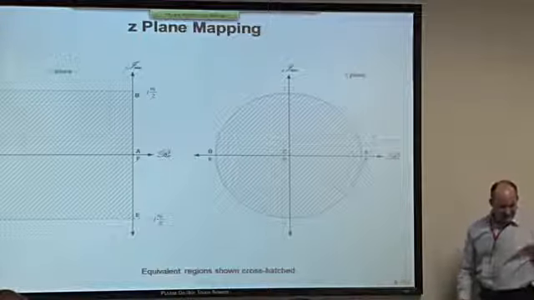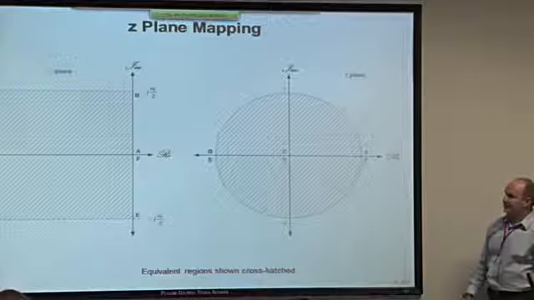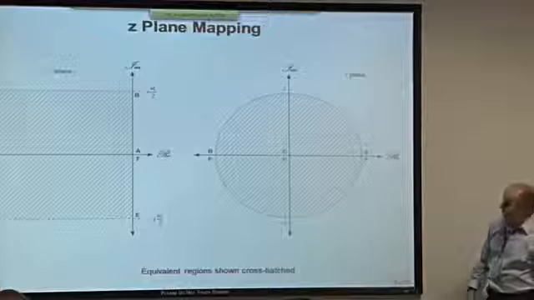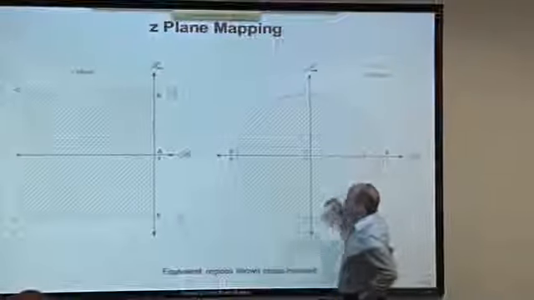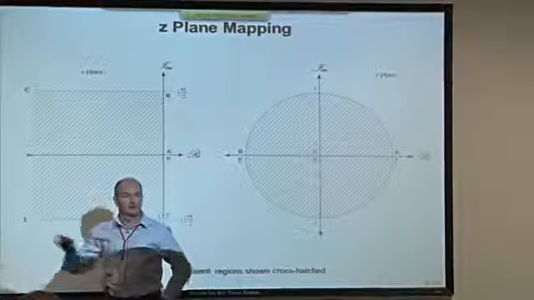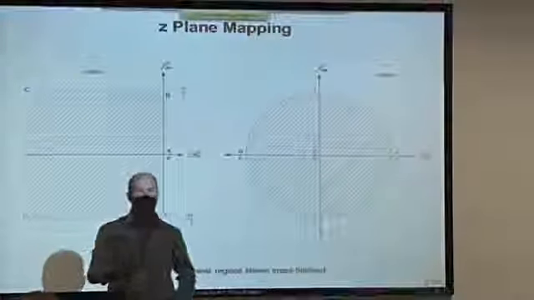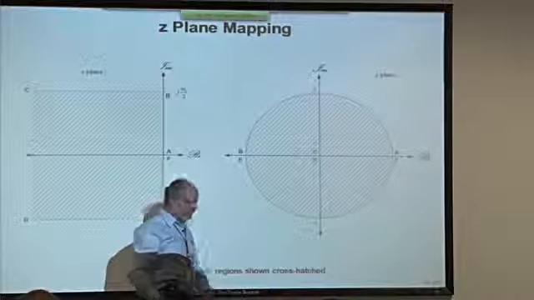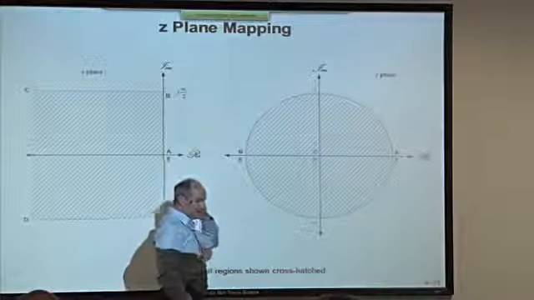All right, so let's look at how the complex plane changes under the mapping z equals e to the st. On the left, I have the s-plane, and on the right, I have the z-plane, the unit circle. And on this s-plane, I've indicated 6 points with letters A to F. And I'm going to take you on a journey around the periphery of this region and show you how it